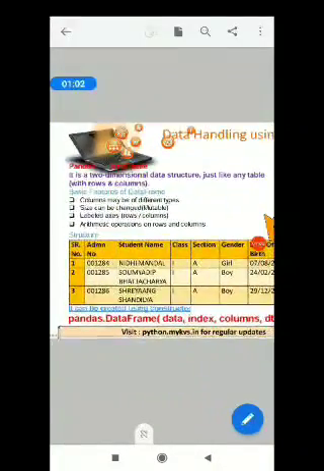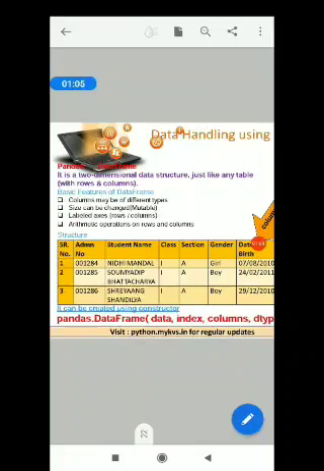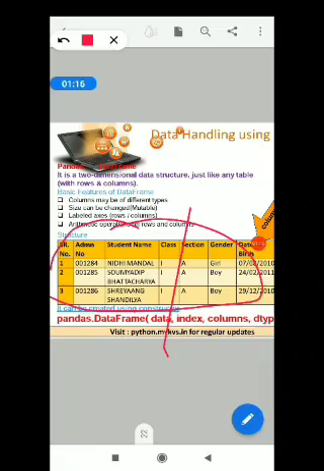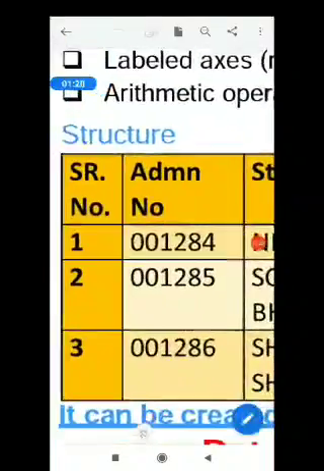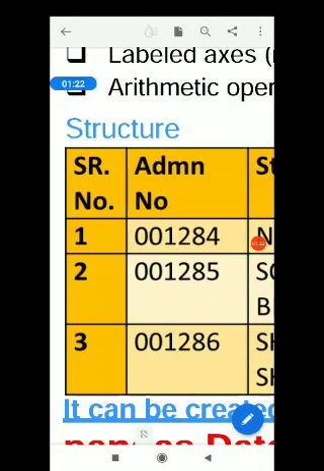If you can see the diagram here, we will get the idea of a table. Can you see the table? This is the table given, and I'll show you. In this table we have 3 rows.